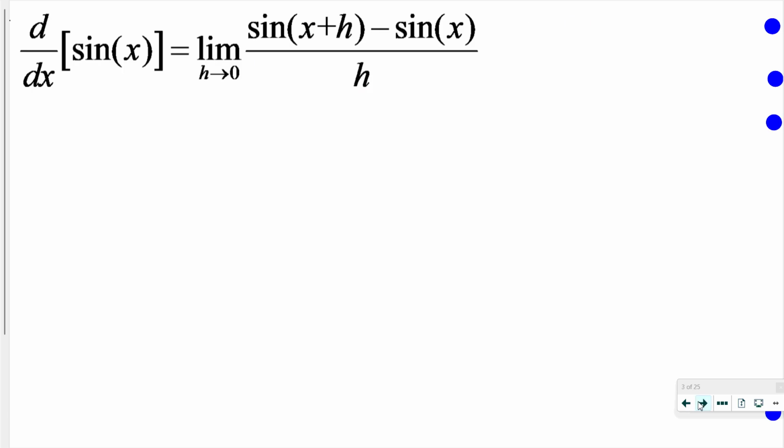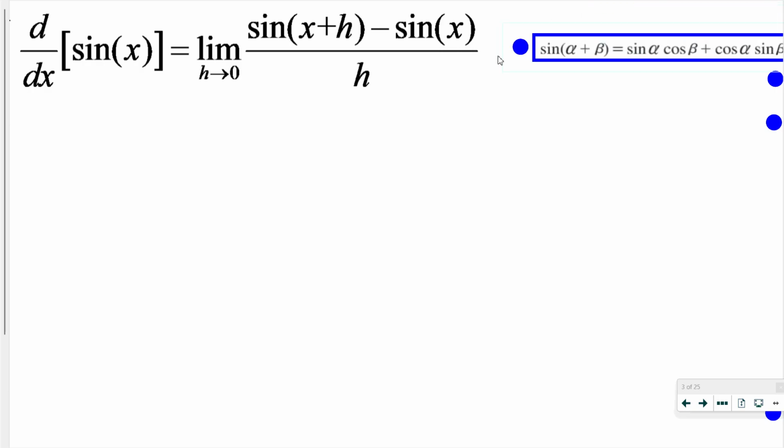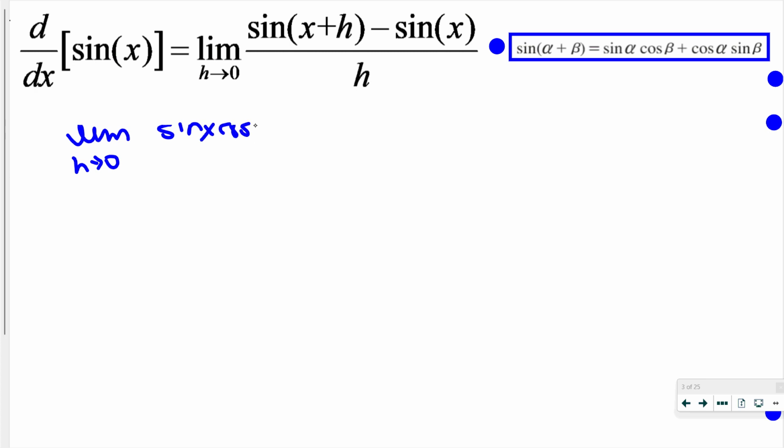So let's unpack that a little bit more. Looking at this, this is the derivative of sine x. Here I have an angle sum, so I'm going to go to my formula sheet, and there's my formula for angle sum. So I know the derivative of sine x is now going to be the limit as h approaches 0 of, now let's break this out, sine of x cos of h plus cos of x sine of h minus sine